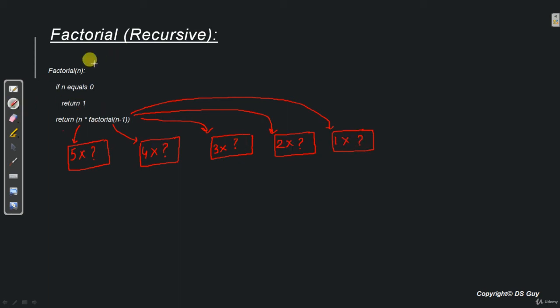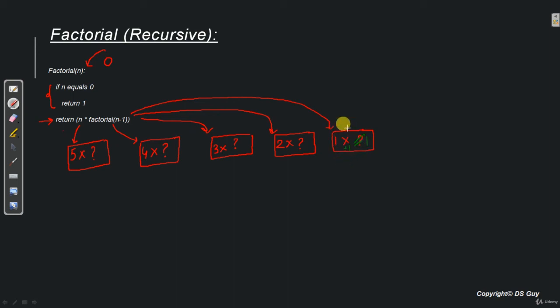So now the thing gets interesting. This factorial method is now called with value 0. If n equals 0, yes, it is equal to 0. So it says return 1. And the control never comes to this return statement. So this is our base condition. So once it returns 1, the system over here places the value 1 instead of the question mark. So this becomes 1 into 1. Now 1 into 1 is equal to 1.